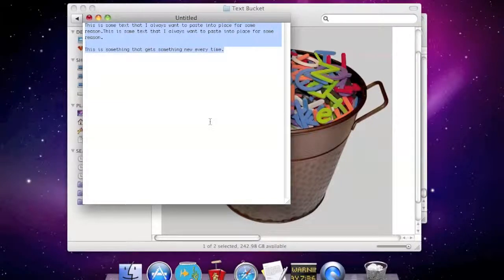Now, if you've done any amount of Cocoa programming, especially in the Objective-C 1.0 days, before we had fancy things like properties and synthesized methods, you tended to type a lot of boilerplate code. So say you had an attribute called foobar in your object, because programmers love things called foobar. And we'll say it's a string. And those of you that are watching that aren't programmers, don't worry about the details about what I'm saying. Just watch how I'm using TextBucket to